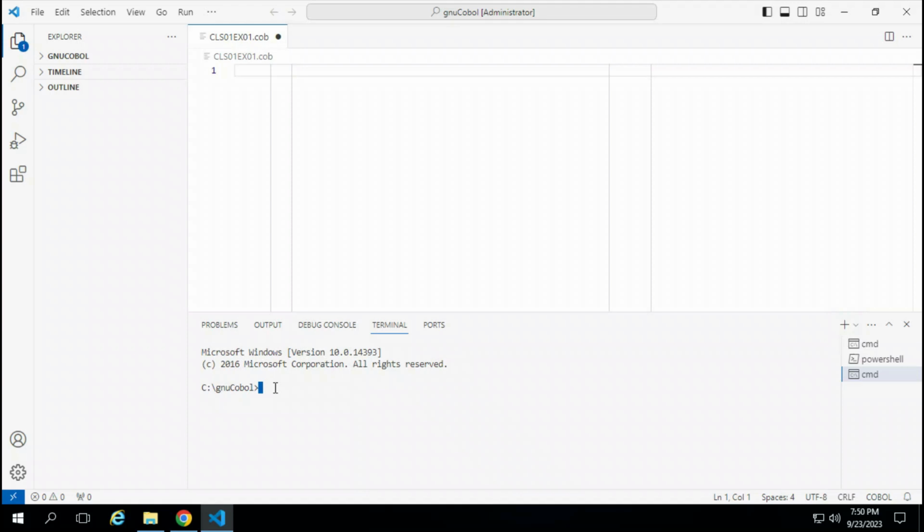The last thing I'm going to do is drag the outline from over here and place it in the corner over here. As we develop the program, we're going to see a visual representation of the program. The divisions and the variables are going to start appearing over here, and we can click on any one of those elements and hop into the program. At that point, as our programs get larger, it's going to help us a lot.